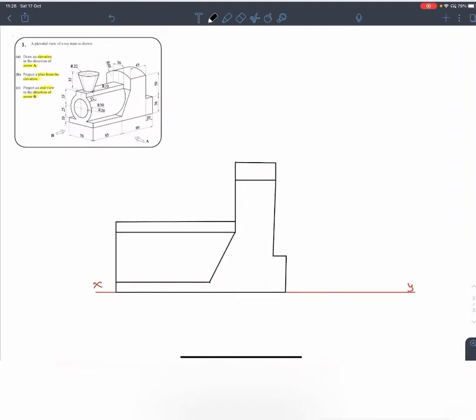Okay, now we have everything done on the elevation bar the truncated cone. Okay, so the truncated cone is a cone that is turned upside down, as you can see here. It's just an upside down cone that's in the object. Now, if you can think back to when we were covering the circular and cylindrical objects in orthographic projection, we said that a cylinder looked like a rectangle when it was in elevation, sorry. And the cone looked like a triangle. So when I'm drawing in my elevation, this cone, I know that it's going to look like a triangle,